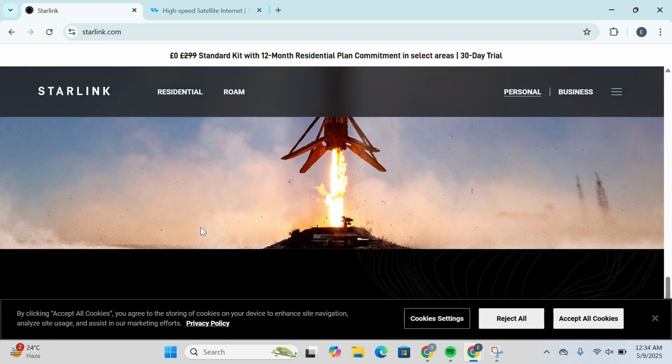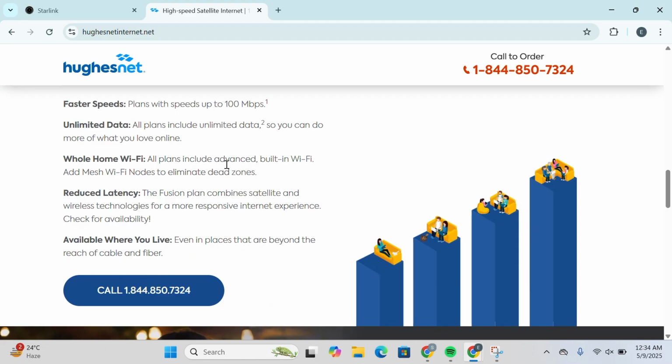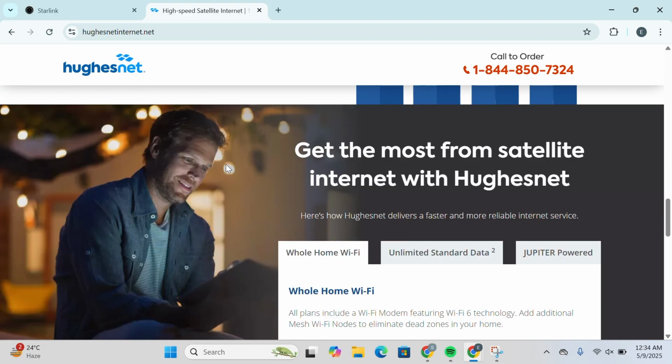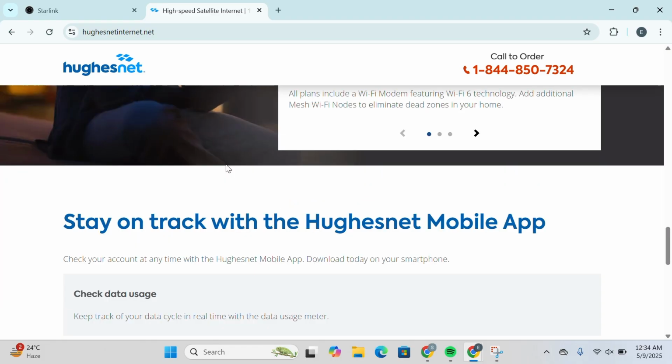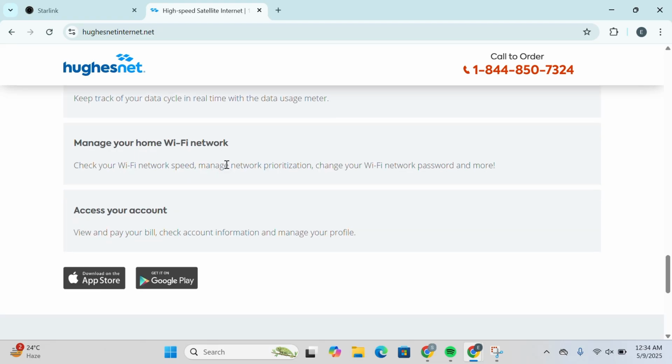online gaming. HughesNet, on the other hand, provides download speeds up to 100 Mbps, though real-world speeds often average around 20 Mbps. Upload speeds are approximately 3 Mbps and latency ranges from 600 to 800 ms, which can impact real-time